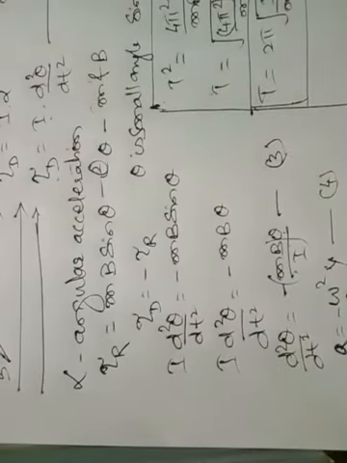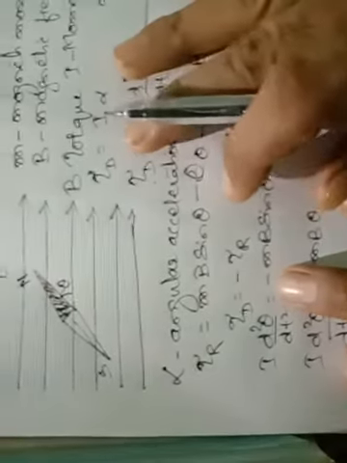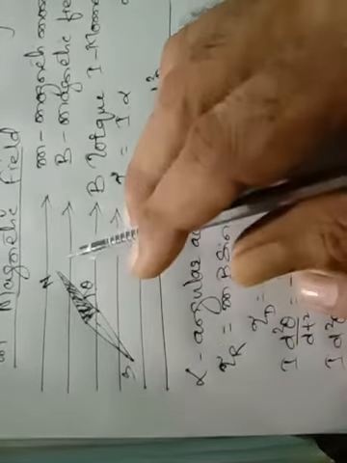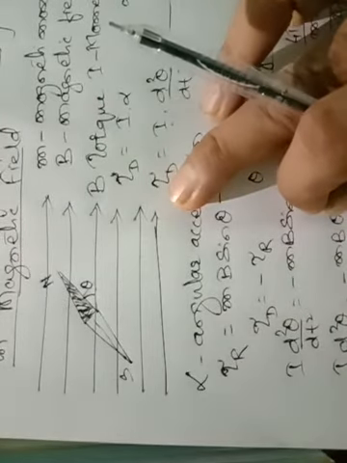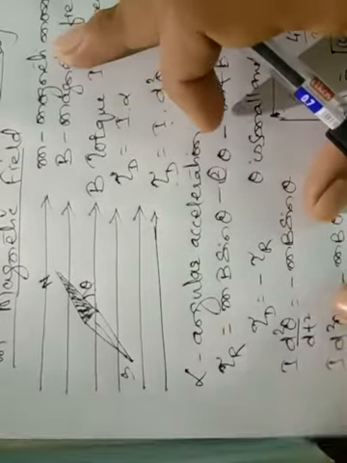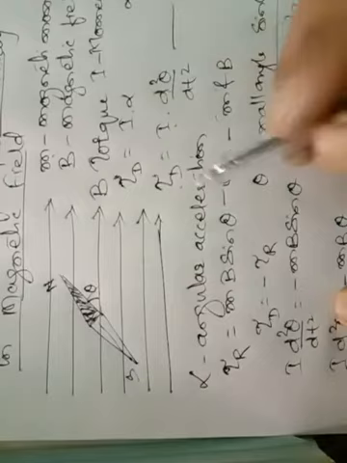Now see, in this second video, I will quickly revise the time period of a dipole oscillating in a magnetic field, what we have seen, so that it will be a revision for you. So here we saw that there is a magnetic needle, and we have kept that magnetic needle in a magnetic field. The magnetic moment is given by small m, the magnetic field is given by B, and I is the moment of inertia.